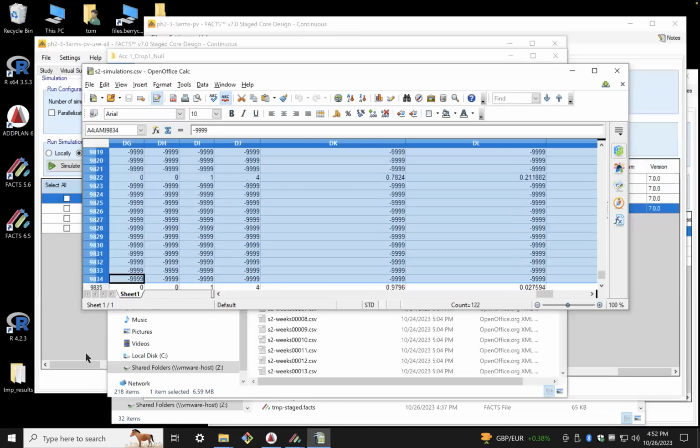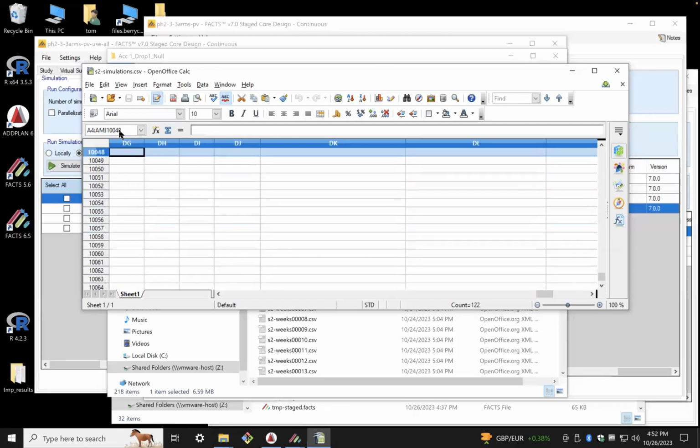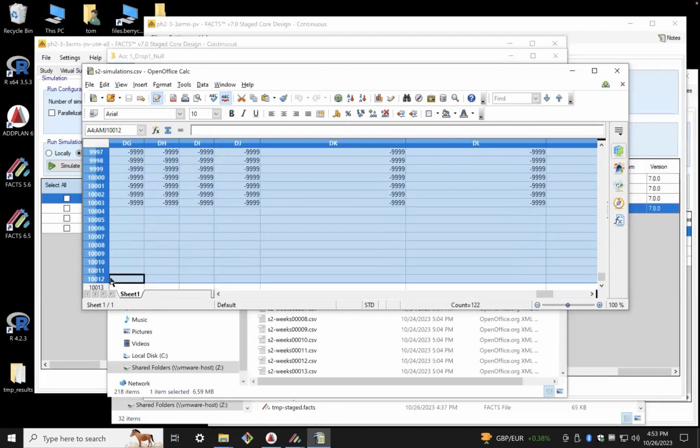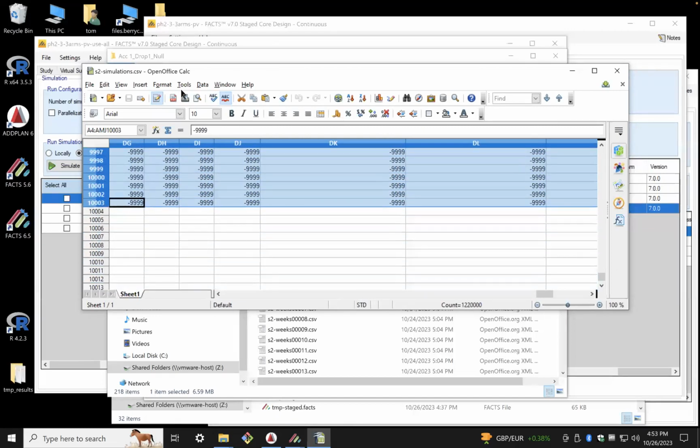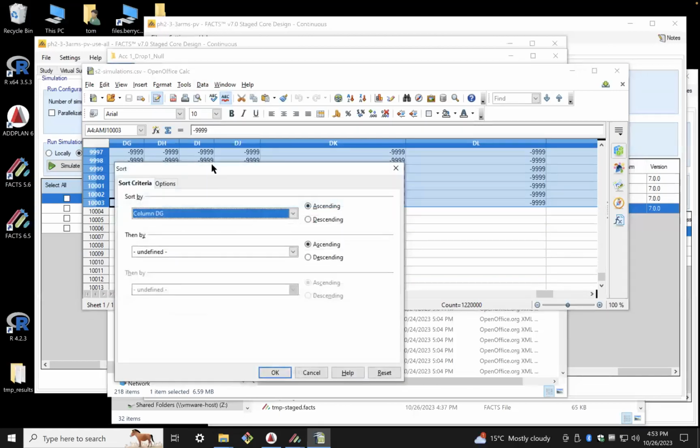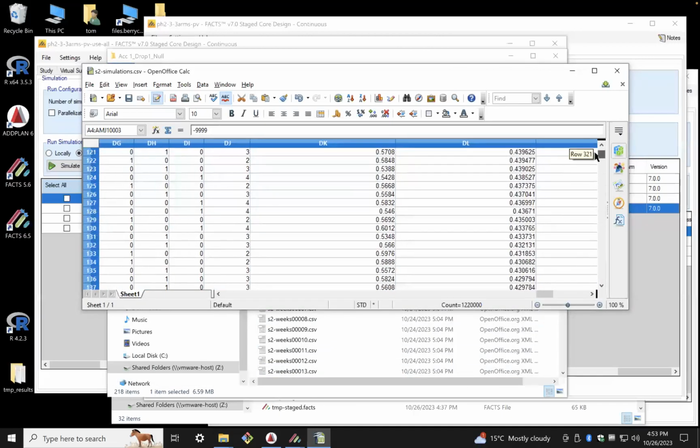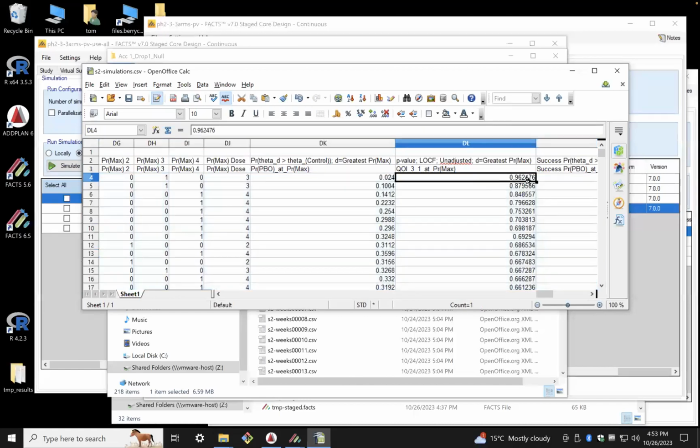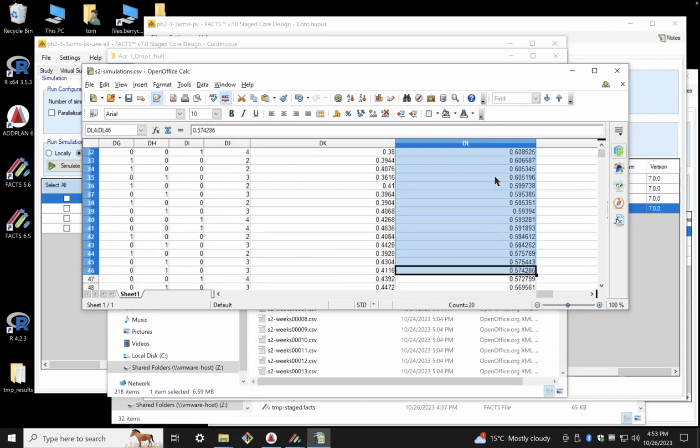Now, of course, it's much better to do this in R, but if I show you it being done manually, it's much clearer what's going on, even though what I should really have is an R script to make it more reproducible. So we're going to go data, we're going to go sort, we're going to take the DL column, and I want them in descending order. So this is the largest p-value we saw, and then what we can do, and then what I've set here is to summarize by counting when I select cells. So I can go down and I can select,